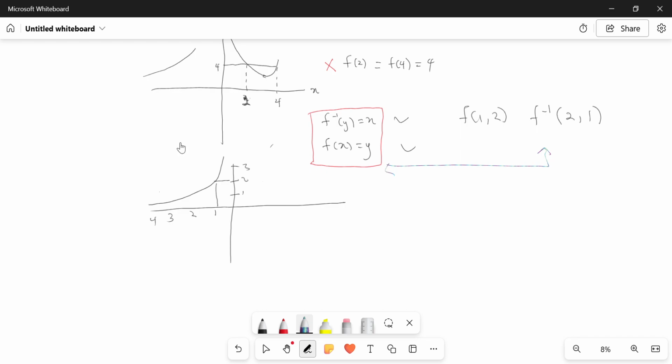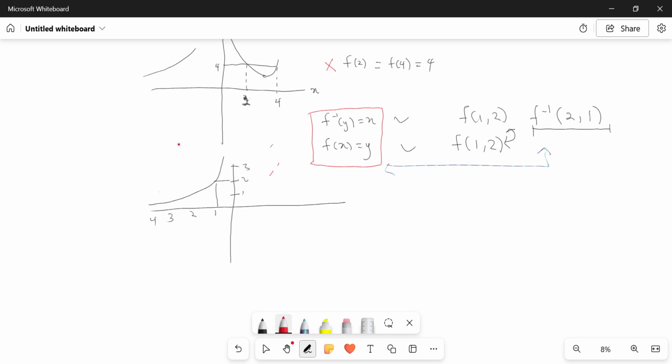So for me to get my original function from this inverse plotting that we've gotten, all I need to do is swap the x and the y, and what do I get? I get f of 1, 2, just as we have at the top. So do we get a relation between a function and its inverse? And one thing that we also should know is that